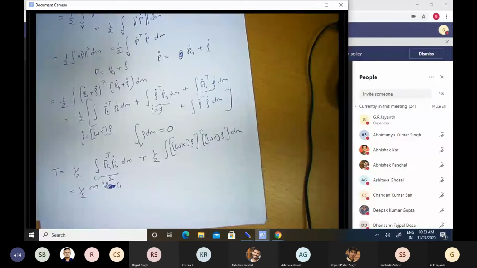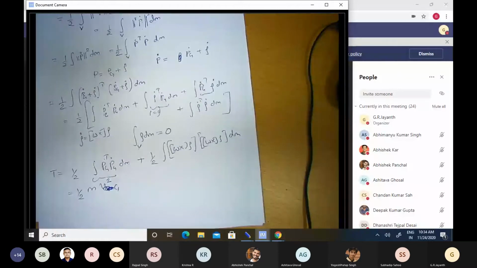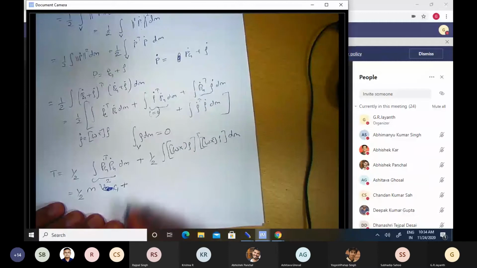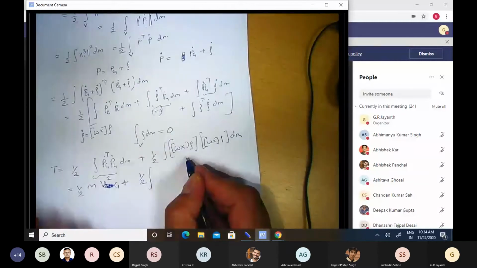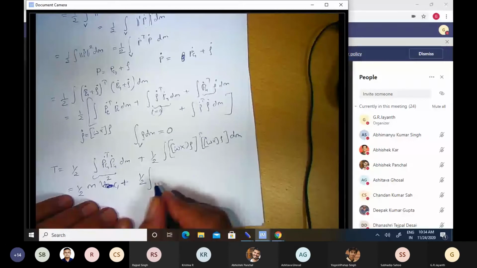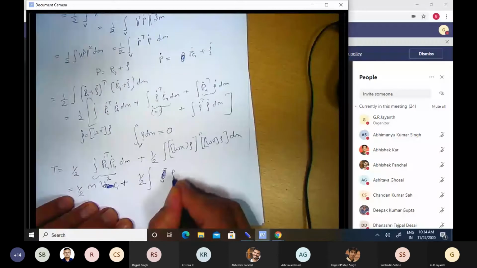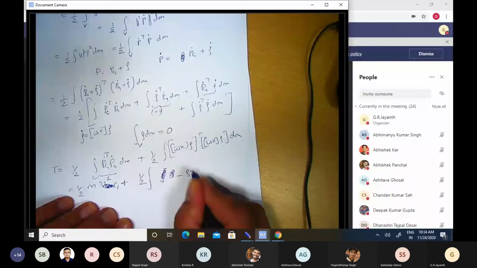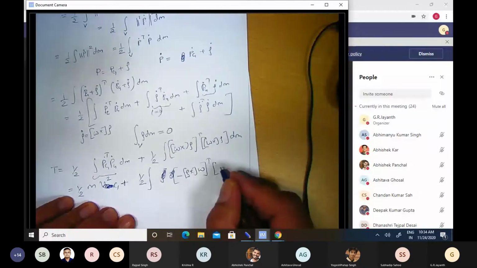In addition to that, there is a kinetic energy associated with rotational motion. So this captures the kinetic energy associated with translation. Then there's a kinetic energy associated with rotation. What is that? That's half of omega. So A times B, transposed, is B transpose times A transpose, right? So I can write this as rho transpose. Instead of omega cross rho here, I'll write it as minus of rho cross omega, so that my simplification becomes easier later. And here also, I'll write this as rho cross minus of rho cross omega dm.